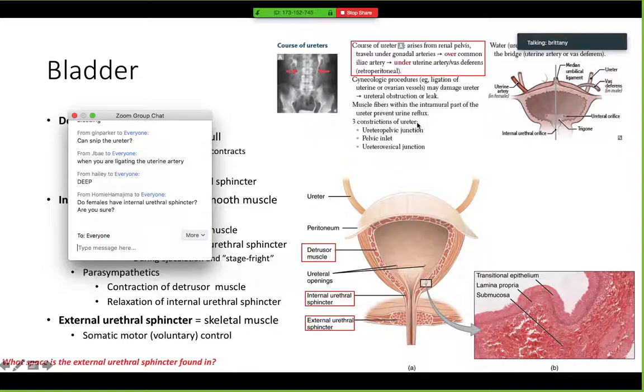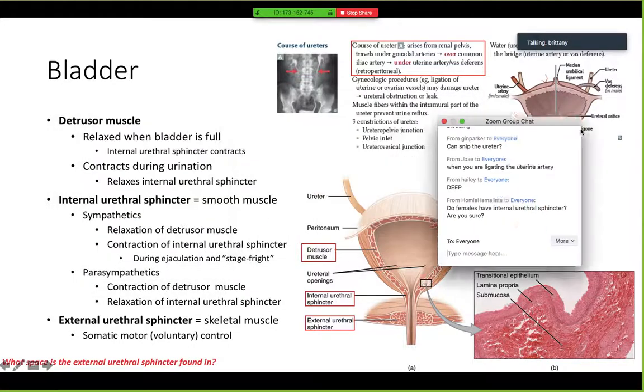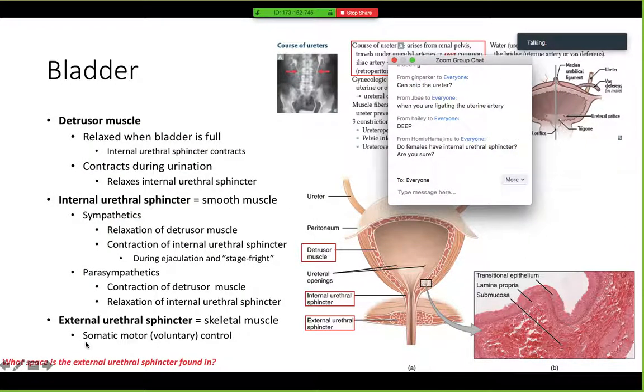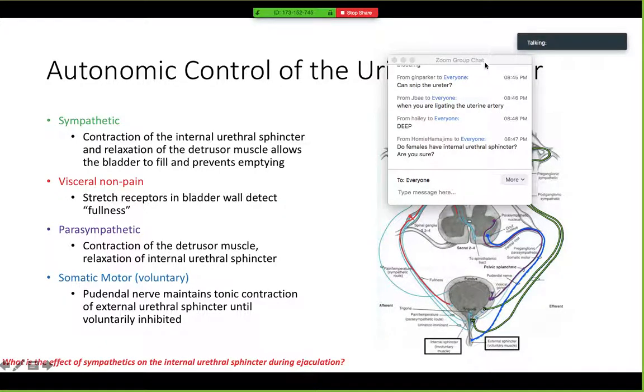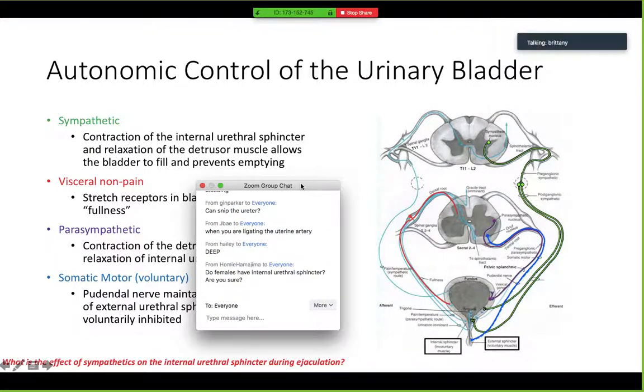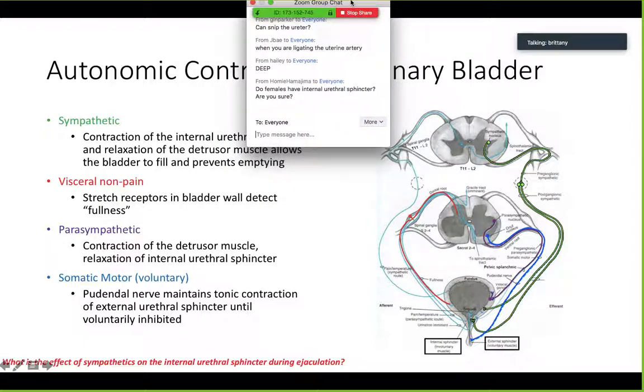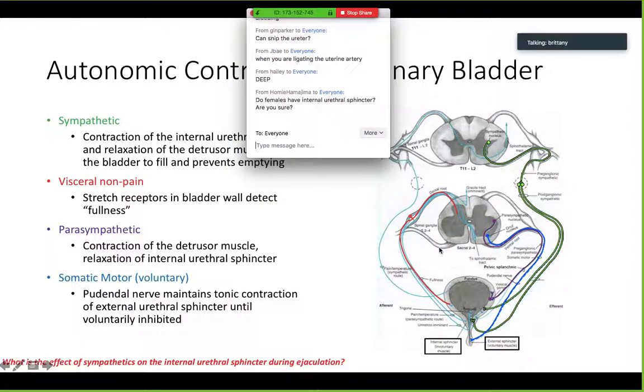And then also, this is out of First Aid, talking about the relationship of the uterine artery and the ureter. It's a very important relationship. Okay, and then I made this slide. I don't know if this is helpful at all, but it's sort of just talking about the same thing. It's showing you the pathway that controls the contraction or relaxation of the detrusor muscle and the